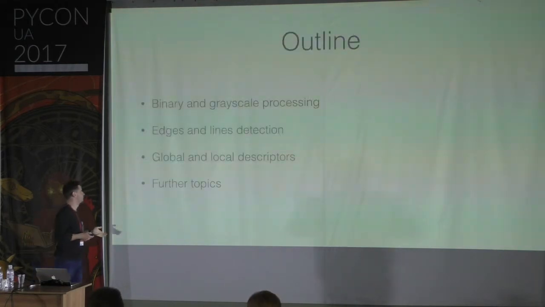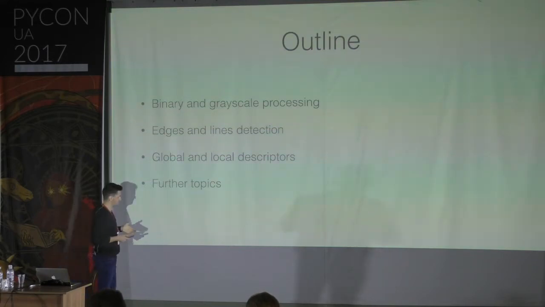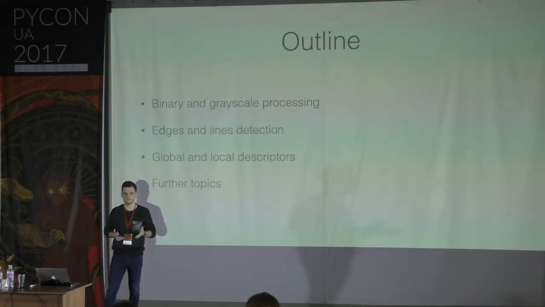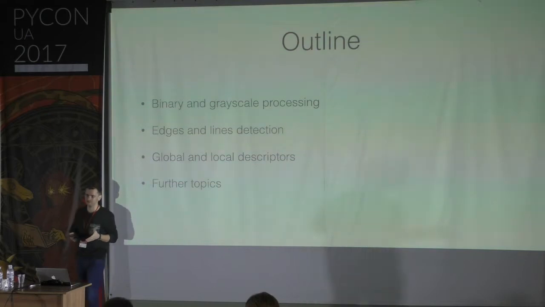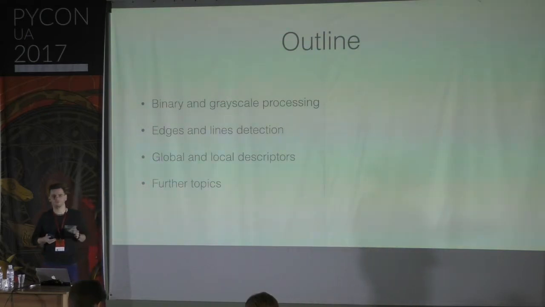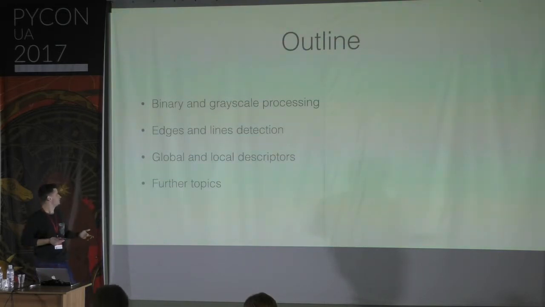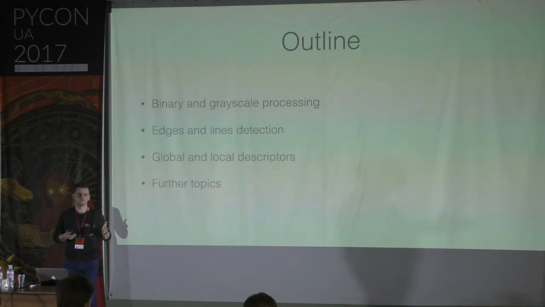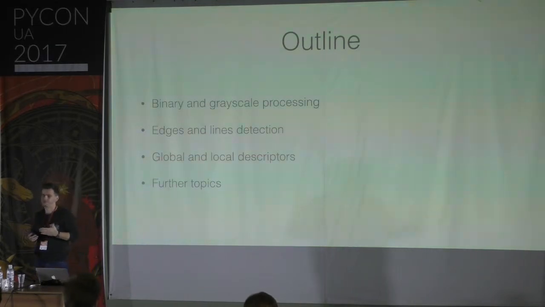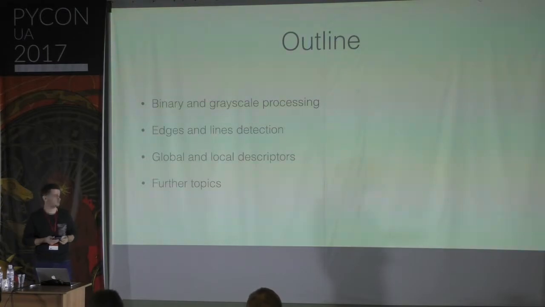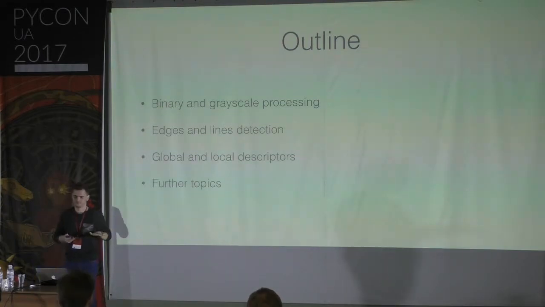What I'm going to talk about today is a few quite basic methods from computer vision, and how they work, but briefly. I'm going to talk about what images are usually used, how to detect edges and lines, what descriptors are, and some other things. I will also talk a little bit about my research, to give you a practical example of tasks from computer vision. There will be no neural networks here.